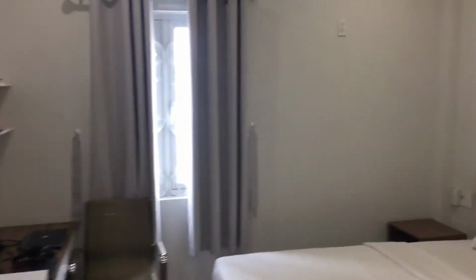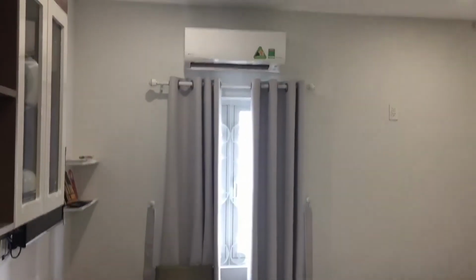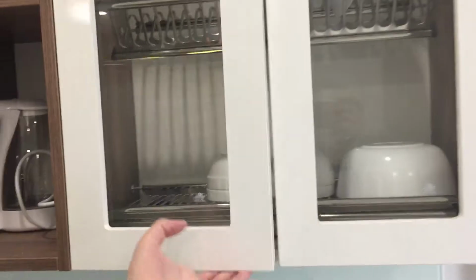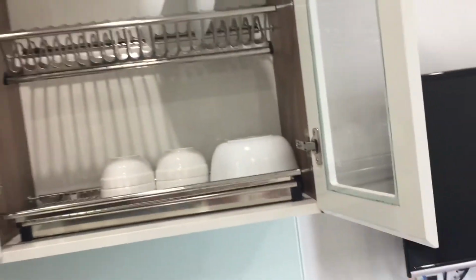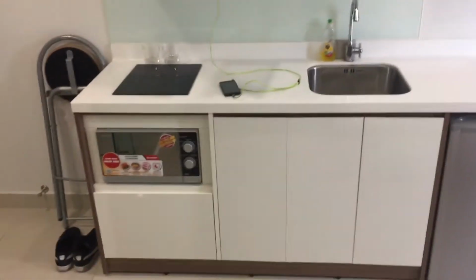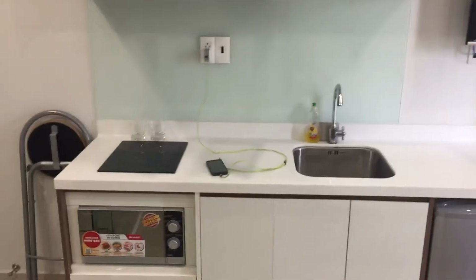Glass doors. AC unit. Cabinetry. A lot of cabinets. We even have our own dishes. We have a kitchen, mini kitchen, microwave, stove, charging unit, sink, refrigerator,